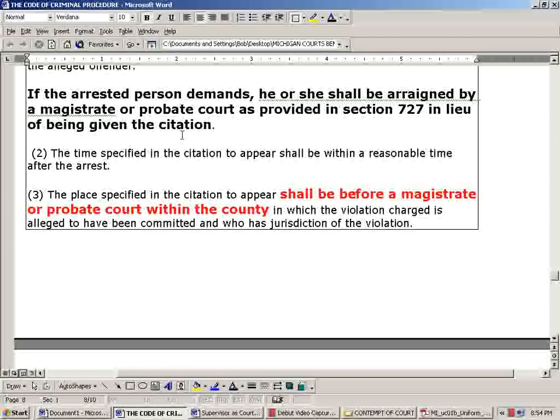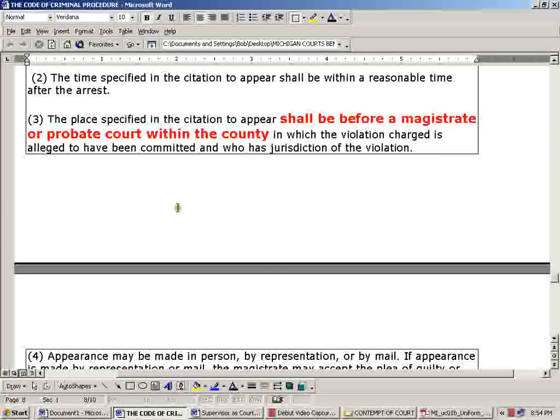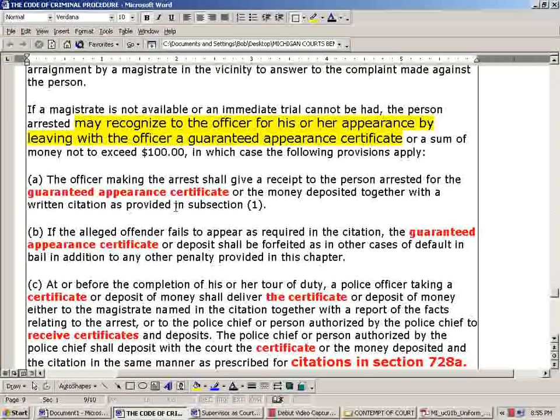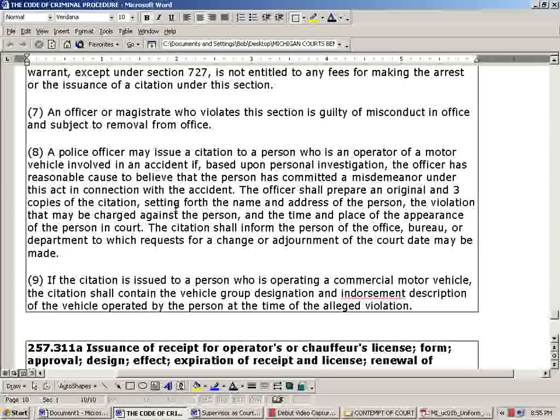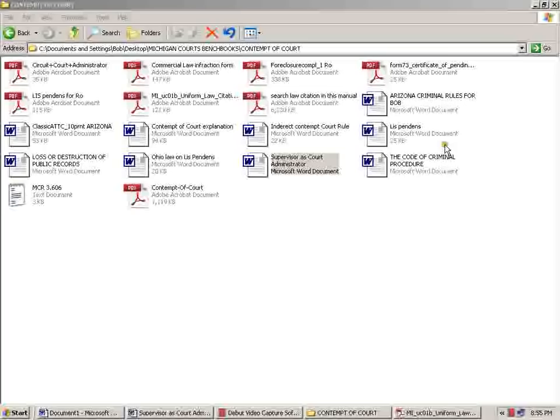And then talk about going to a probate court here. Okay, well, that's pretty much it. So, what was all this for? Well, to point out that